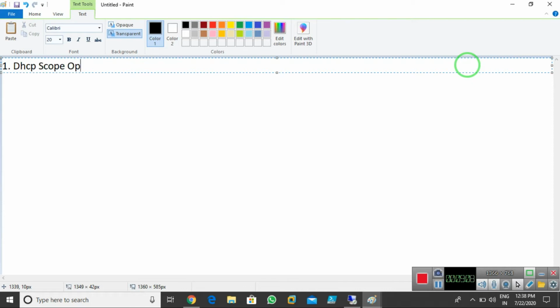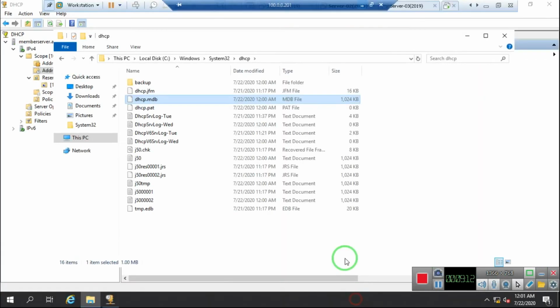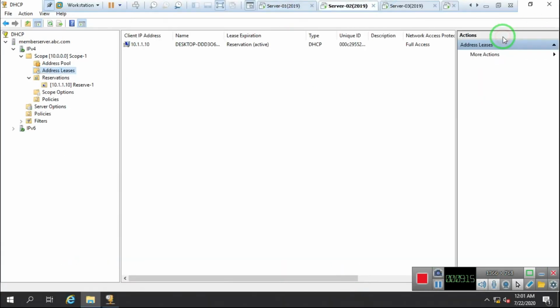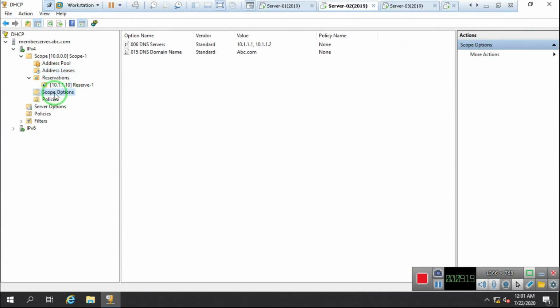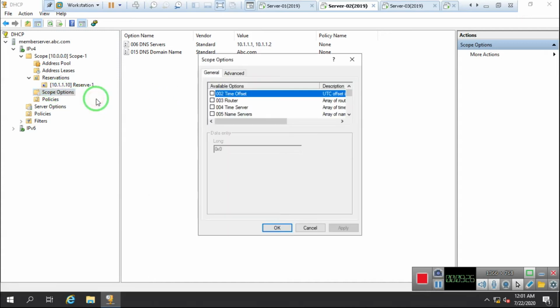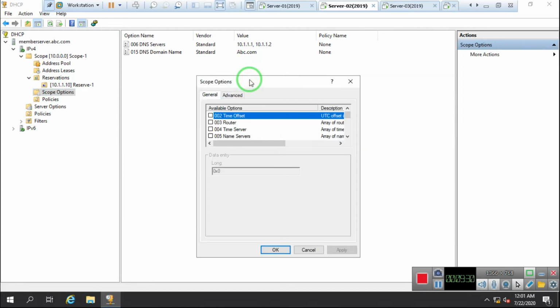I'll show you. If I open my DHCP server, as you can see, we have the option Scope Options. In this, if I need to add my DNS server IP addresses, I right-click and click Configure Options, and there are so many options. Imagine that right now I don't have any router IP address, but after creating this scope I have a router in my network.